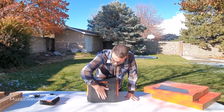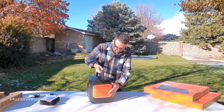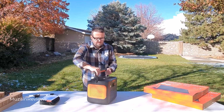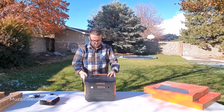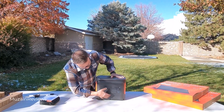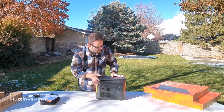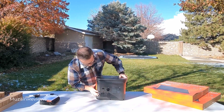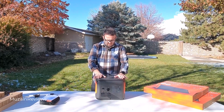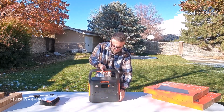All of the information that you're going to need as far as the charger is here on the front. You do have fan ports on both sides here, taking into consideration this does follow FCC rules for all of those things. And then on the back, you have your input, your DC expansion port, where you would also connect to your solar panels. With the expansion port, you can expand to another 5 kilowatts to get more power that way. Going back to the front again,